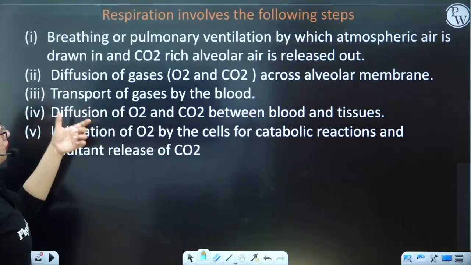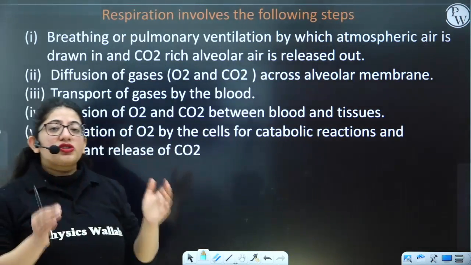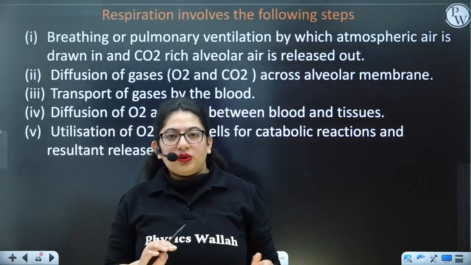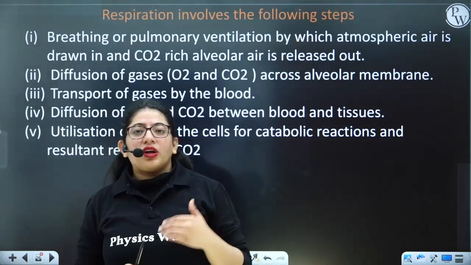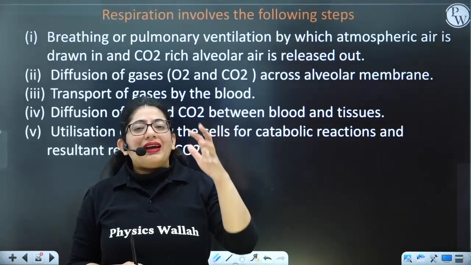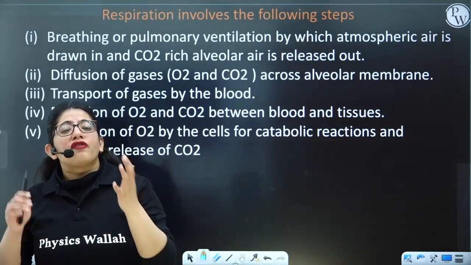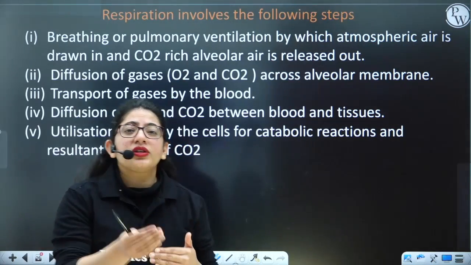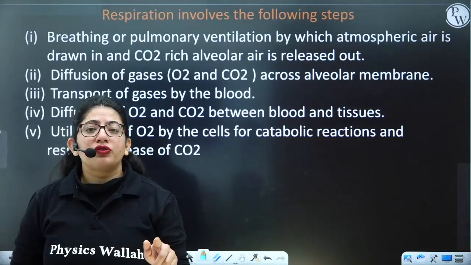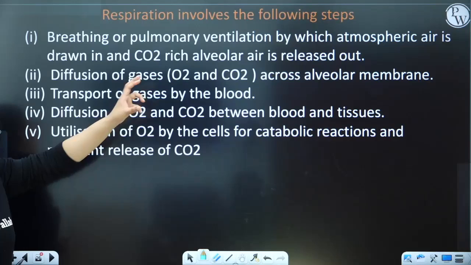Now the next step is diffusion of gases across the alveolar membrane. So now this air is a mixture of a lot of gases. The gases which are very important for us are O2 and CO2. We need to take in the oxygen and we need to exhale out the CO2. So the air has entered into your lungs alveoli, and that process is breathing. From that alveoli, now oxygen and CO2 are going to get exchanged, and the exchange will take place through diffusion through which membrane? The alveolar membrane. Yes, the one which we have discussed in the alveoli.